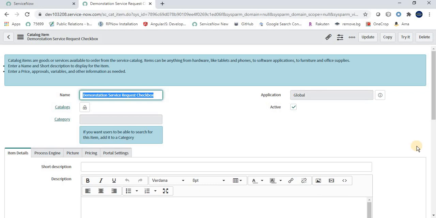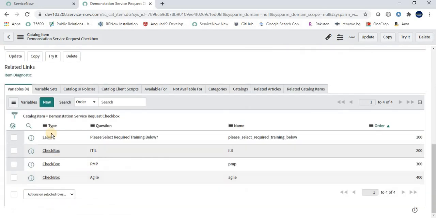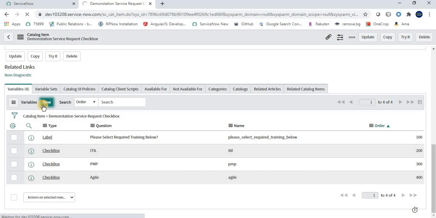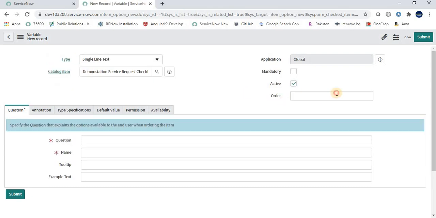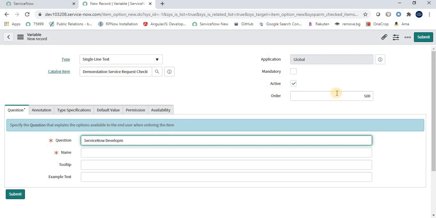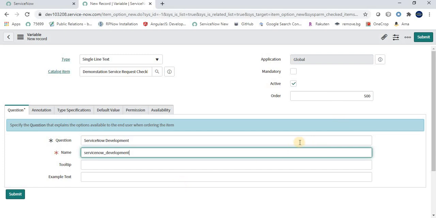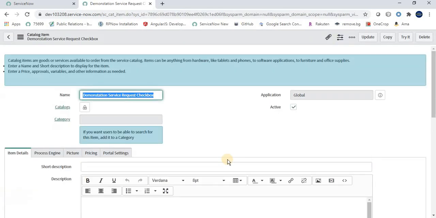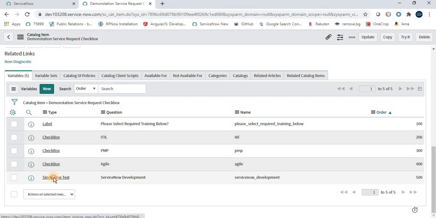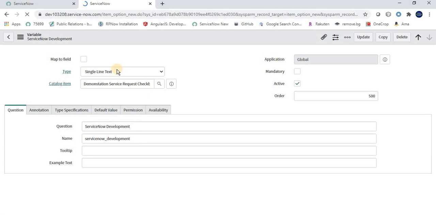And then now ServiceNow Development and ServiceNow Administration are left, right? So here I am selecting ServiceNow Development. I'm giving the order as 500 and I'm saying ServiceNow Development. So this will get auto populated. You can give any order you want. Click on submit. Oh, it's a single text box. Oh, I need to modify it again. Go here again and select checkbox.